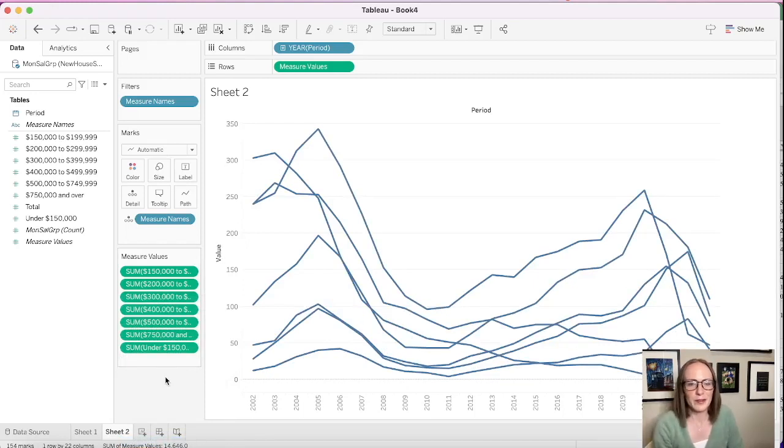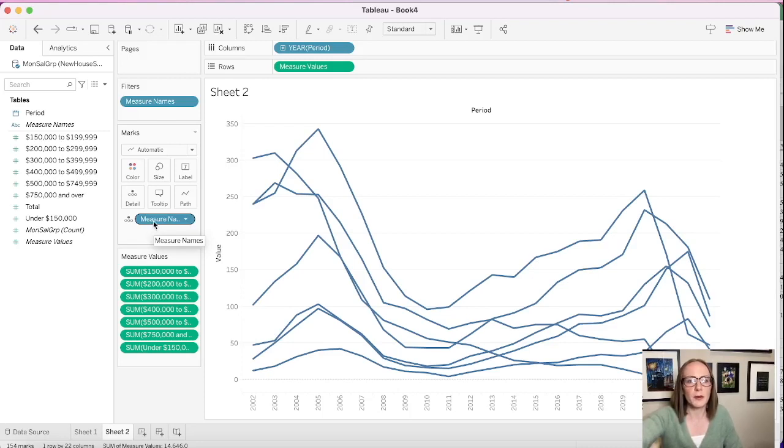So here we have lots of spaghetti looking things. This is very busy. So again, this might not be exactly what we want to do, but let's talk about how we would create something like this. So right now it's very hard to see what is what. We would have to scroll over things to see what price ranges each of these little line charts is corresponding to, which isn't ideal. And so what I want to do is maybe color these differently based on the group